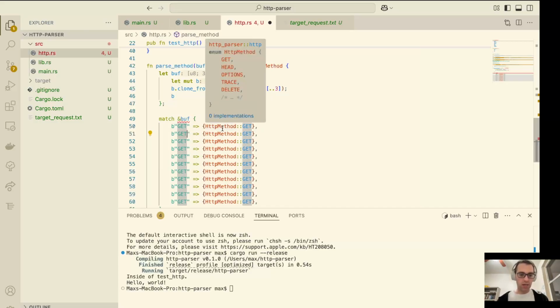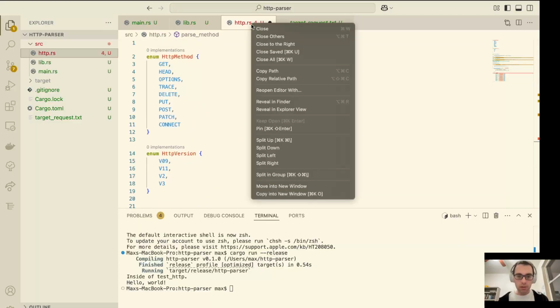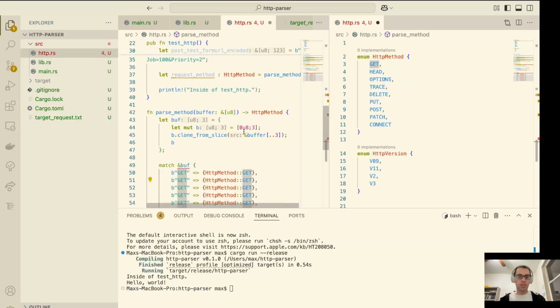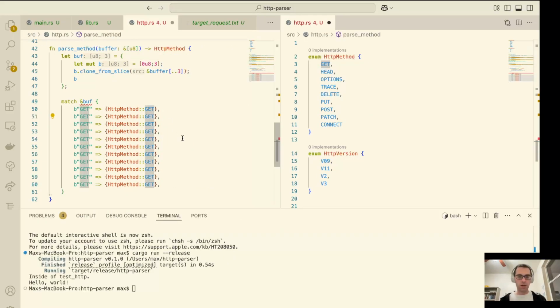So we're going to have get. Let's see if I can break this. You open, split right. Okay, that's nice. So then I don't necessarily have to, let's collapse that over here so we can get a little bit more reading room. All right, then what I'm going to do is HEA